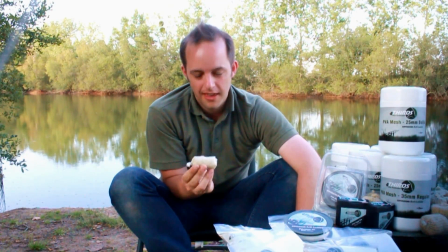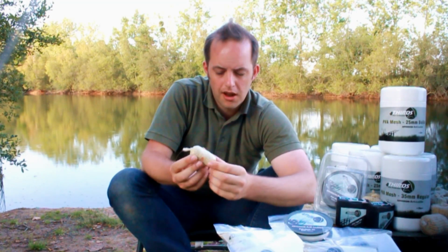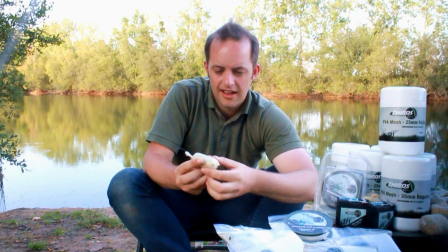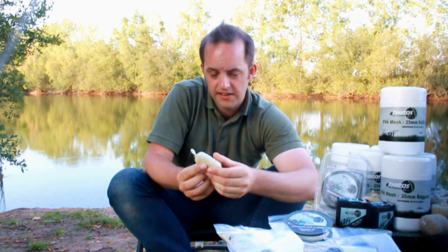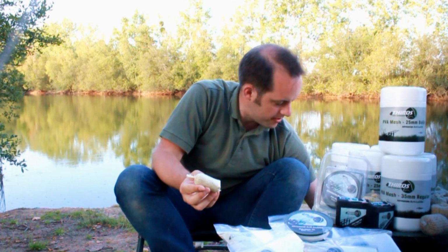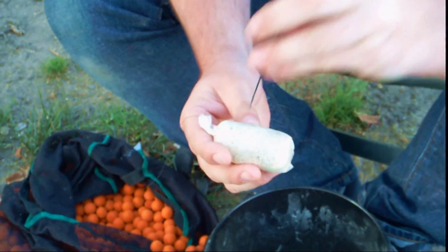Okay, so tip 4. Now we've done the bag up here, we've got the lead in the bag and the rig, and a lot of people would just cast this out as is, forgetting that this has still got quite a bit of air in here. So it's always important to remember to put some holes in the bag. It doesn't matter what depth you're fishing, we need to put some holes in the bag to make sure it sinks quicker. So if you get a baiting needle, any old baiting needle, and just put some holes in it